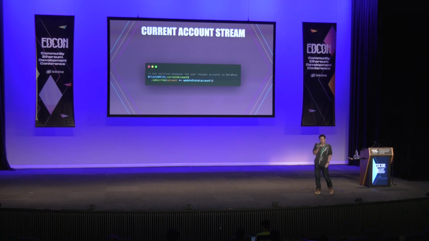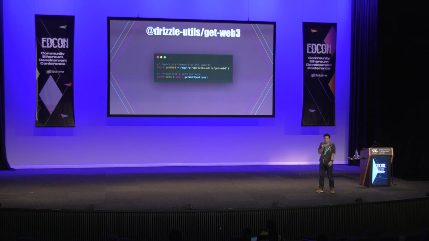The second thing is currentAccountStream. A lot of times for UX, we want to make sure that the person using your dApp knows what particular account they're on. So when you switch accounts on MetaMask, you want to be able to subscribe to it, get that new account, and update your state with it. Well, now you can. It's literally just one line. I mean, it's 2 lines here, but it is 1 line. You know what I mean? Just convenience functions.